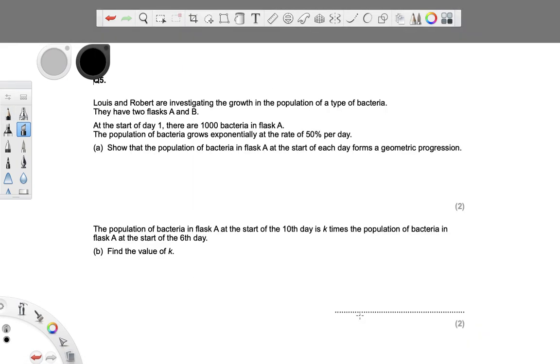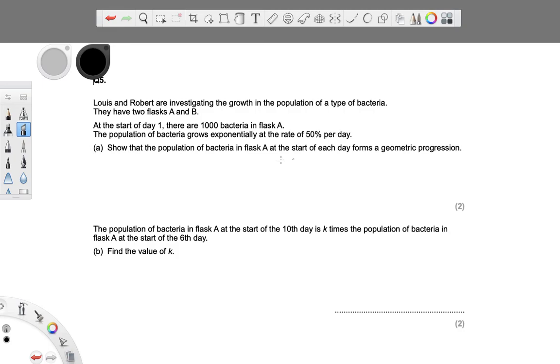This is another exam style question on the exponential growth and decay topic. So it says that Louis and Robert are investigating the growth in the population of a type of bacteria. They have 2 flasks, A and B. At the start of day 1, there are 1,000 bacteria in flask A. The population of bacteria grows exponentially at the rate of 50% per day. So it says, show that the population of bacteria in flask A at the start of each day forms a